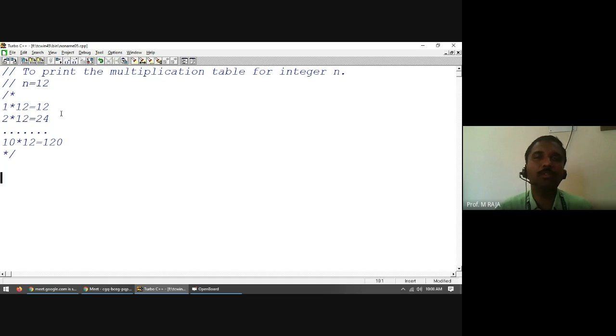So, what are the inputs? The value of n. n is equal to 12, so the 12th table. We need to control through the 12th table, for example, for i is equal to 1 to 10. Seeing this, you can easily find 12, 12, 12, right? 12 is not changed. The value of n is not changed. Only what is changed: 1, 2, 3, 4, up to 10. So to control this 1, 2, 3, 4, up to 10,